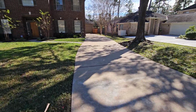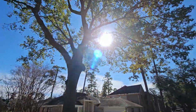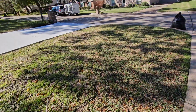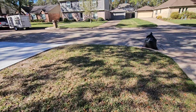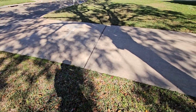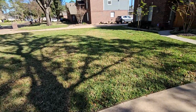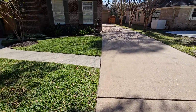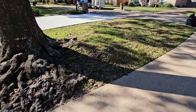And I'll give you a perfect example. Take this tree for example. See how big this canopy is. So, down here in our region, we have southern grass, and it's usually Bermuda grass or St. Augustine. And typically with these grasses, they're very sensitive. They require a lot of sunlight, and so any missing sunlight, that's their food that they're missing. They'll eventually start to thin out, as you can see,